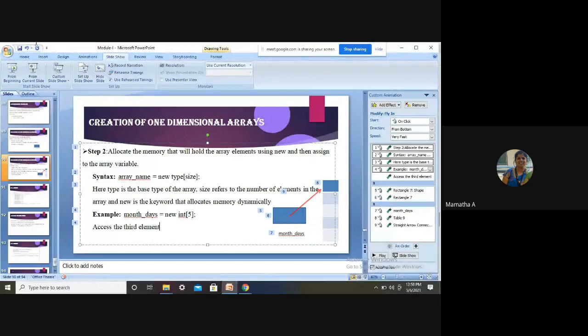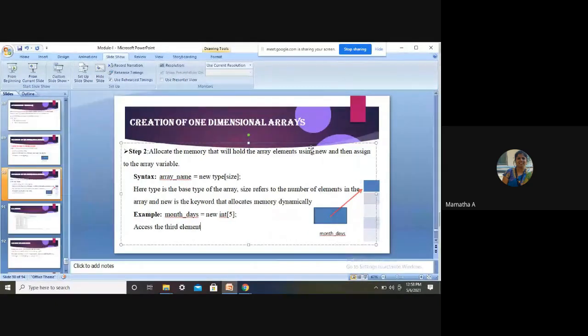As you all know, the indices of the array begin with 0. So what is the index of the third element? It is 2.